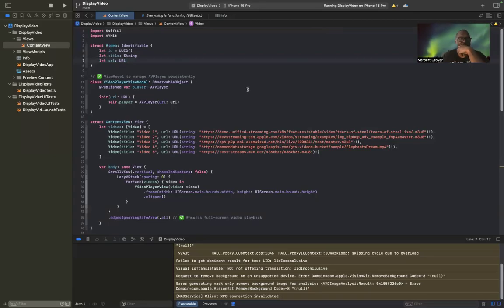So here we go. Okay. Now, we're going to start at the top. We have our struct of Video, which conforms to Identifiable, which means we have to have an ID, and then we have UUID, which gives it a value. We have a title string, our URL, and